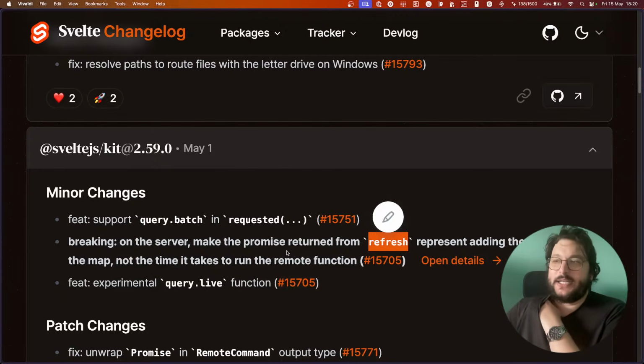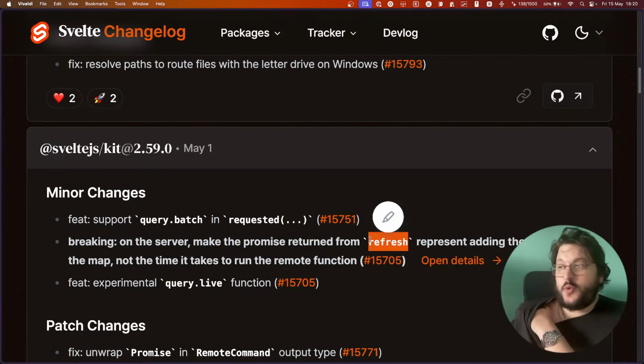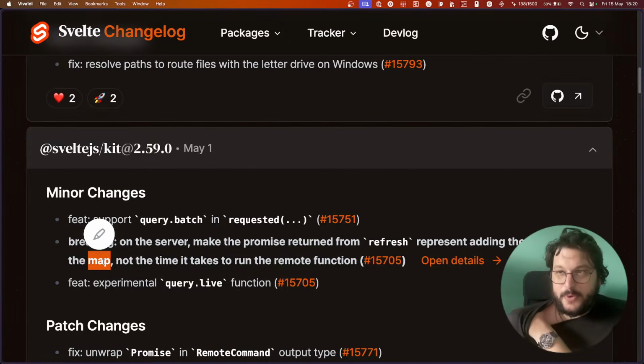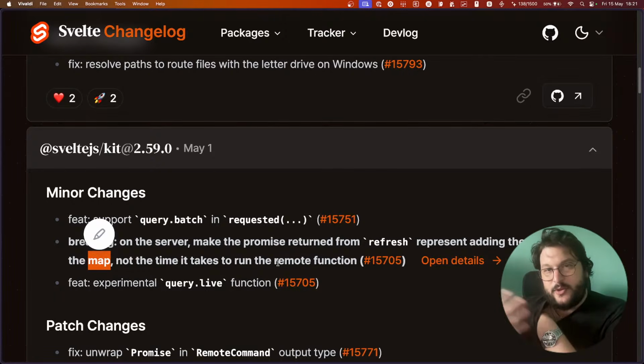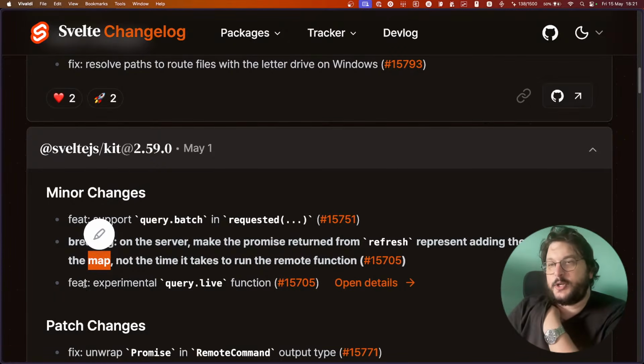Basically the point is that when you await refresh, you are just adding to the map, not actually running the remote function, which means your response is actually faster because you're just adding it to the map and not running the remote function.